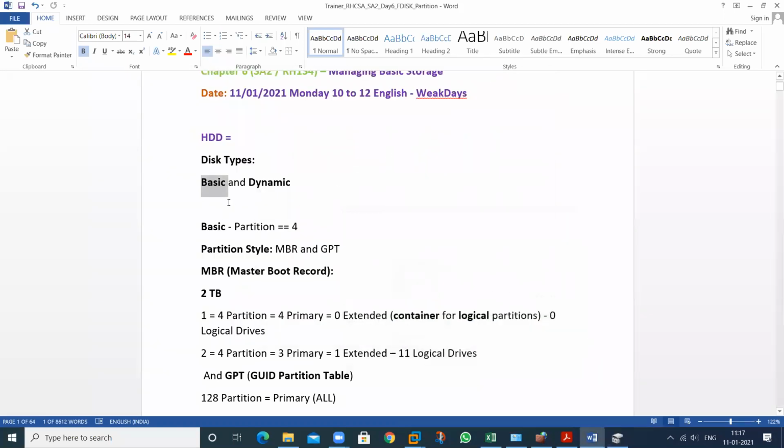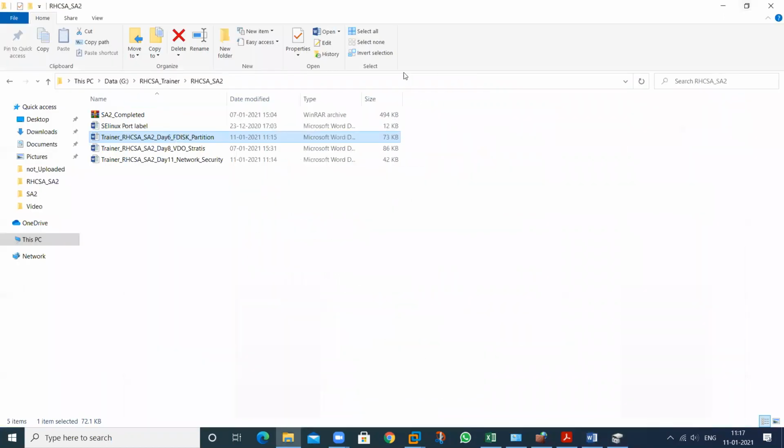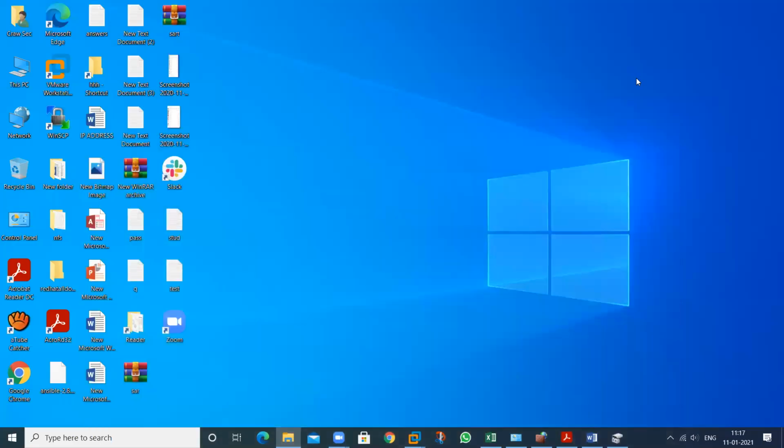So see the result. We have two types of disk, the basic disk and dynamic disk. How many partitions can we create in a basic disk? How many partitions can we create in a hard disk, not a basic disk? In a hard disk, how many partitions can you create in your laptop, in your computer, and any other device? 4 partitions.